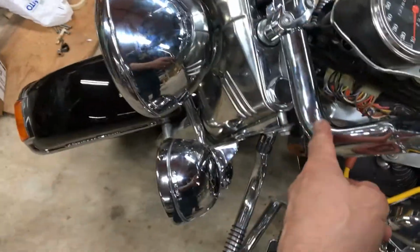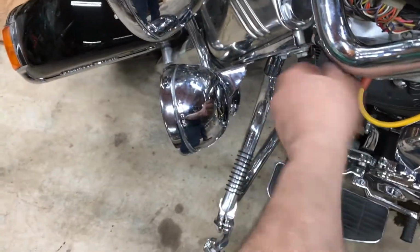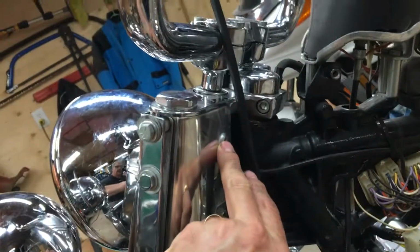I think some people will route it on the outside of the bar, and then they'll have a clamp right here on the outside, like you could run it down this way and put a clamp in here for it. I'm going to put it this way. I see some with a clamp right on that screw there,